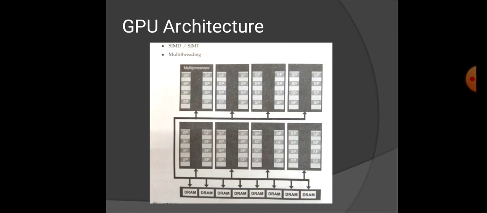In GPU architecture, it employs two important execution paradigms. One is multi-threading, another one is SIMD/SIMT. In SIMD, GPU processors apply high floating point execution bandwidth, which is designed for graphical applications. To make effective use of the high number of units, GPU architecture employs a SIMD or SIMT execution paradigm.